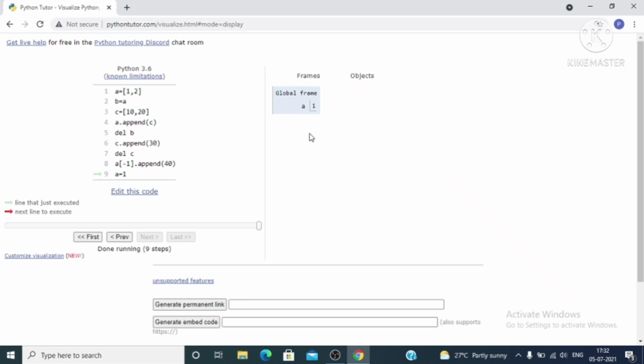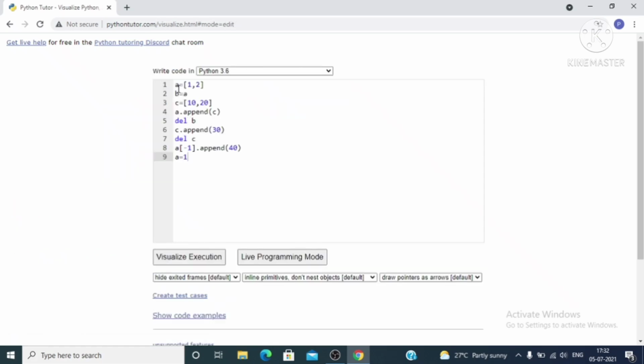Okay, and let us see one more example on binding of variables to objects. So let us assume X is equal to a list having elements 1 and 2.